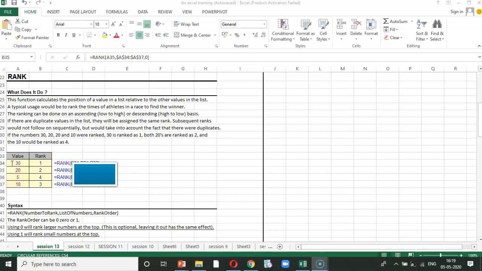So if you put 0 in the function, then the ranking will be in, the highest number will get the first rank. So the largest number will be at the top of the order. So if you observe, you can see here that 30 being the largest number, hence it has got the first